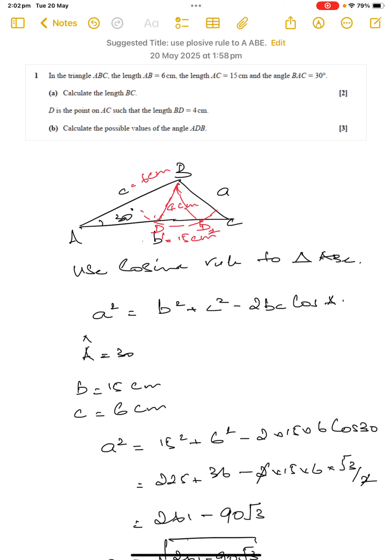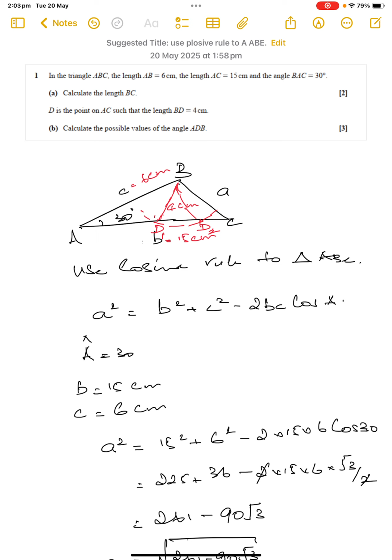I just sketch the triangle. Just look at the black color sketch for the time being. ABC, a triangle, and AB is given 6 centimeters, AC is given 15 centimeters, and the angle BAC is 30 degrees. Find BC. So from the triangle ABC, we can apply a cosine rule to find the